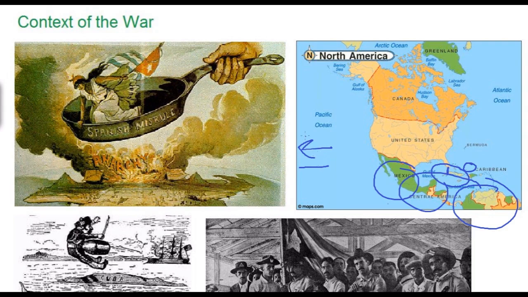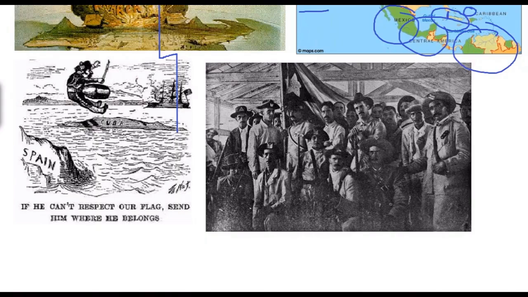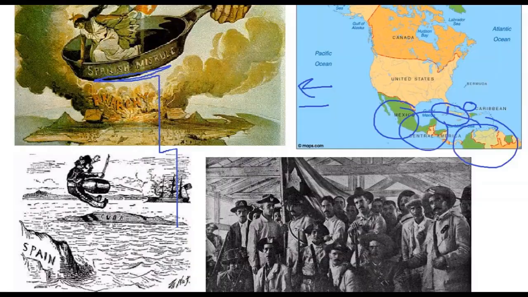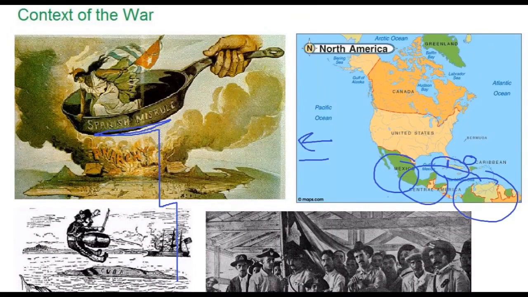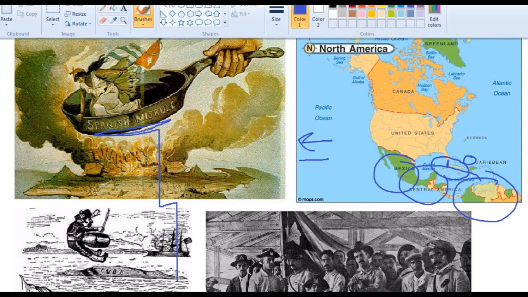By the 1890s, another revolutionary attempt had begun, and Spain responded to this by sending over harsh Spanish officers who used all sorts of violent measures to try to crush this guerrilla war and this rebellion and restore civilian rule within the area. And for Americans, they looked at these efforts by the Spanish and they saw it as misrule. They saw it as horrible attempts to kill the population in order to reestablish control of the nation.